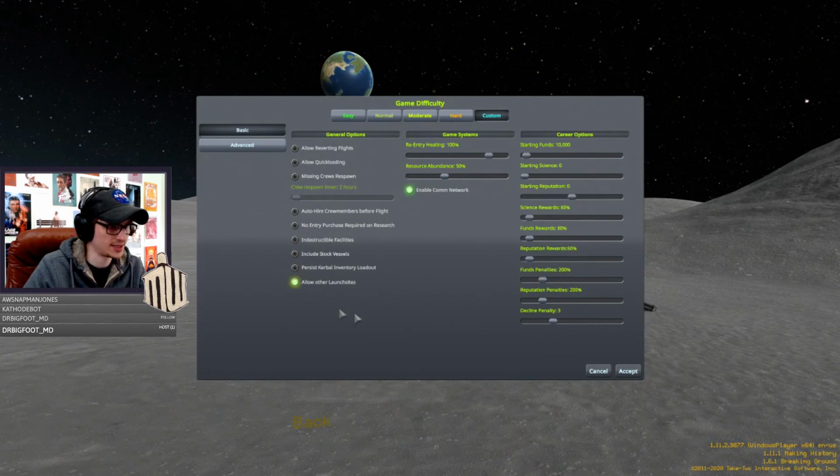Allow other launch sites, I want to turn that on. Re-entry heating is going to be 100%. Resource abundance, 50%. It's the same as what we had last time. Enable comm network, that's on. Starting funds, that's going to be turned right up. Starting science is going to be turned...